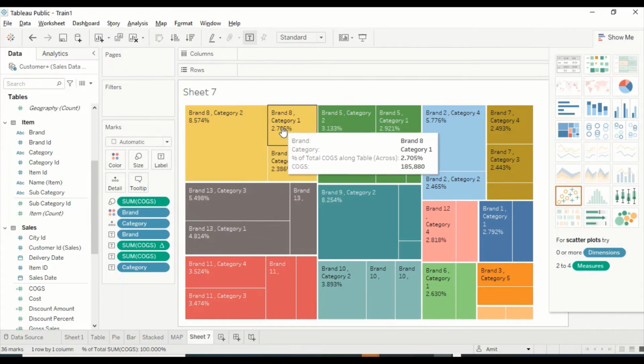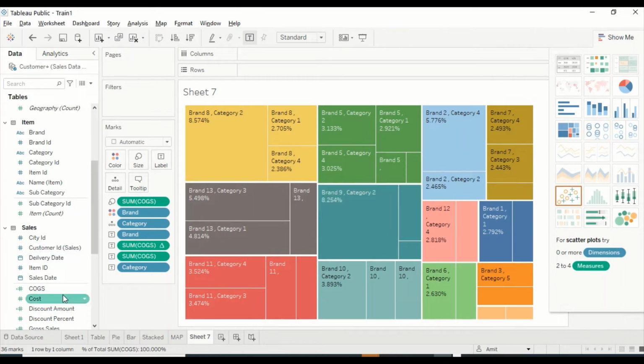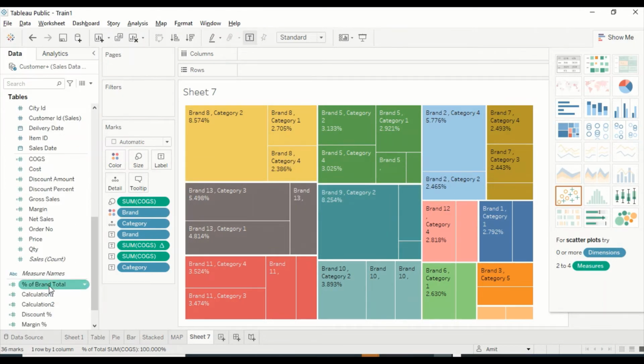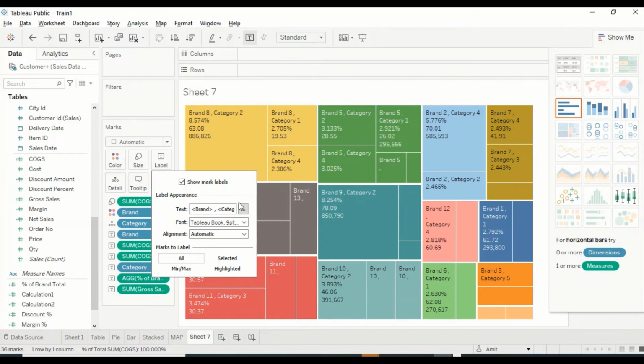So now I'm seeing these categories inside the brand. Now I have one major, which is basically, if you remember, in the last visual we created this percentage of this one. Let me add it to label. Now if you drag it, you see this, I also need gross sales before you understand that. So I'm going to add gross sales also to the label, and let me modify this label.